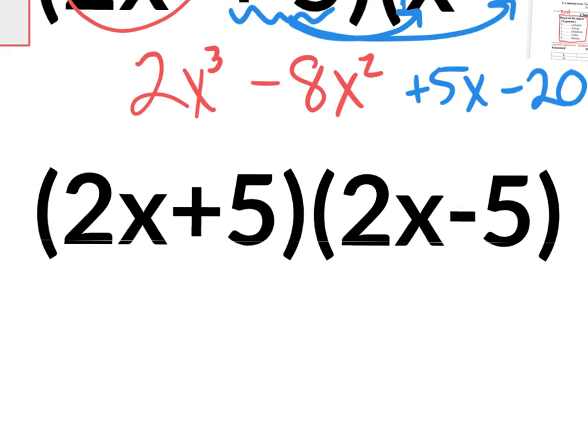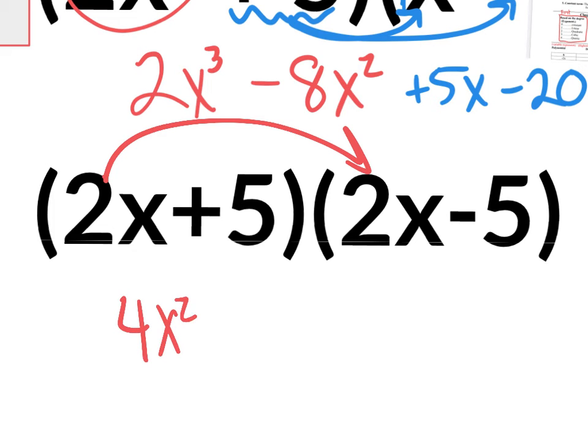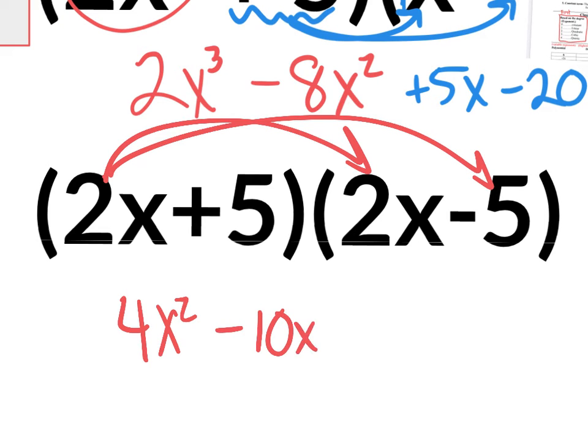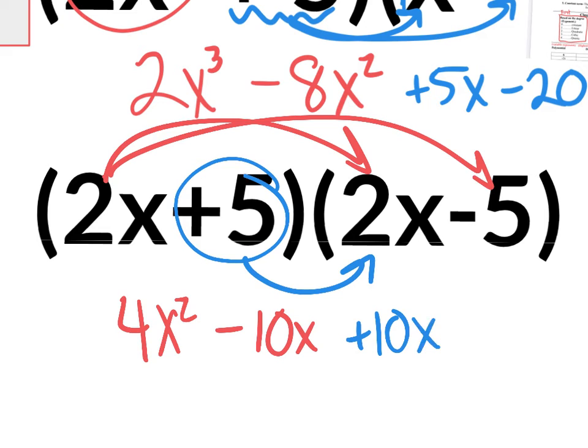So watch this. We have 2x times 2x, that's 4x squared, right? 2 times 2 is 4, and x times x is x squared. 2x times negative 5, well, what's 2 times negative 5? It's negative 10. Put the x on there. And then distribute positive 5 times 2x, that's a positive 10 with an x, and positive 5 times negative 5